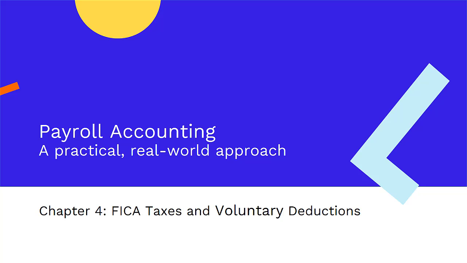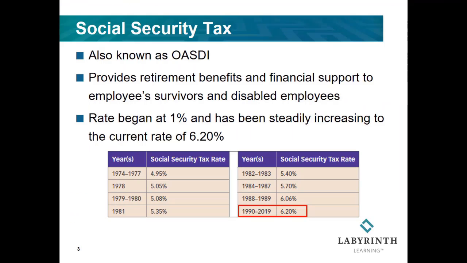Federal Insurance Contributions Act. These are contributions to fund the Social Security and Medicare benefits. Social Security tax is known as OASDI: OA for old age, S for survivors, and DI for disability insurance. Initially, this tax was just for retirees, but has expanded to provide financial support to employees, survivors, and disabled employees. Both employers and employees contribute into this fund,